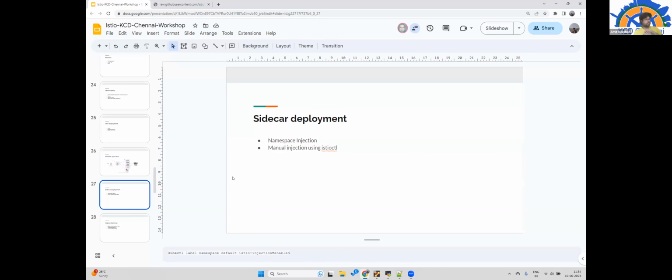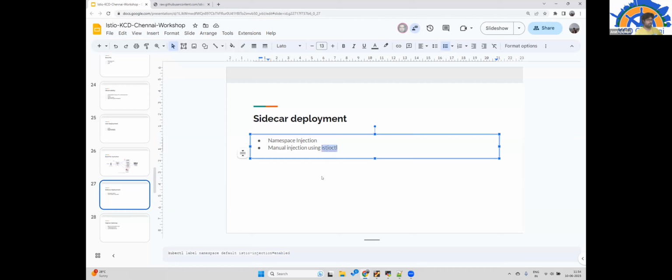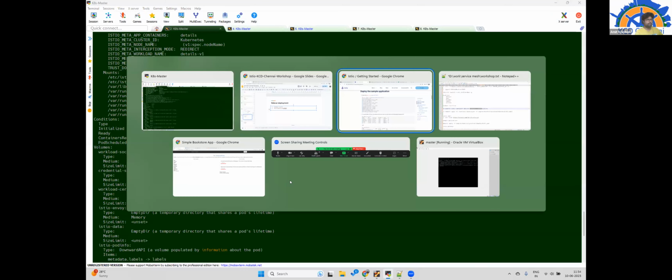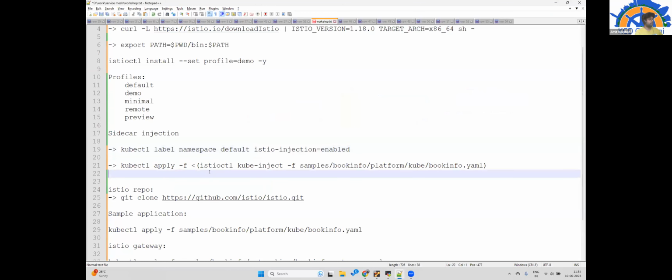The other way is manual injection using the istioctl command. For each and every workload, like the bookinfo application, I need to run this command: istioctl kube-inject -f this file.